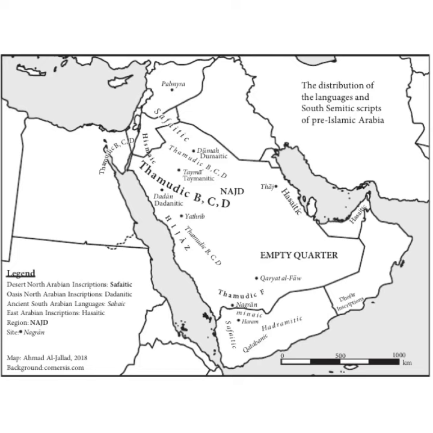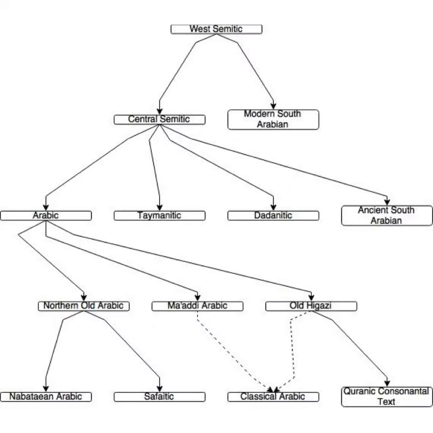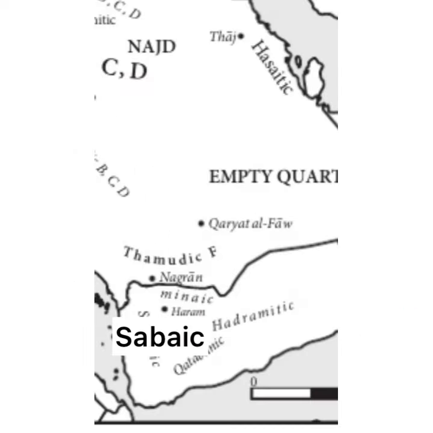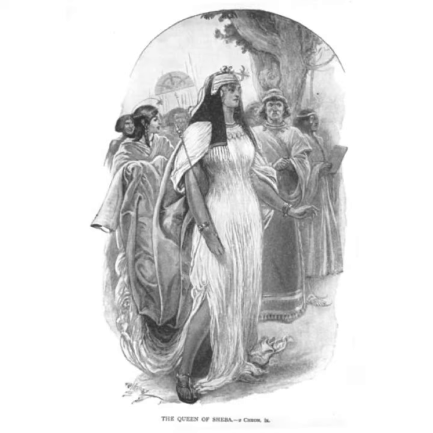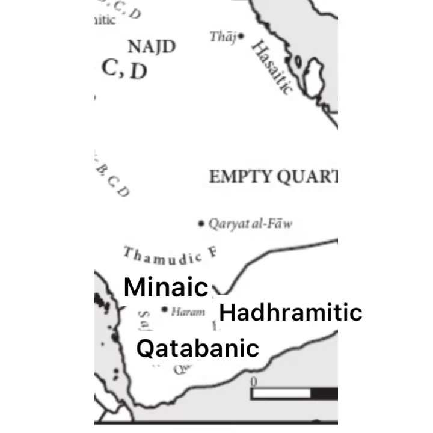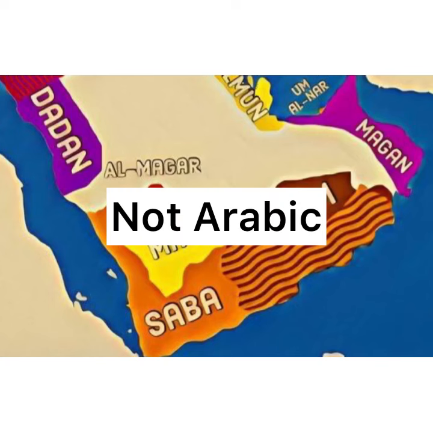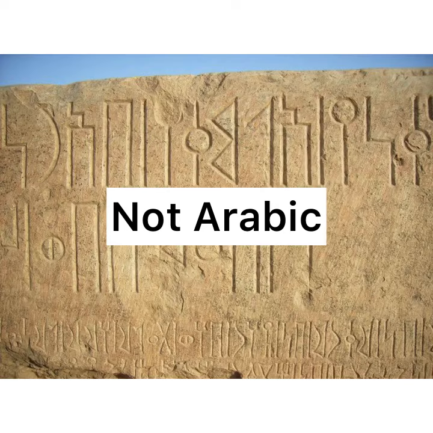So the epigraphic record of Arabia reveals considerable linguistic diversity. In ancient Yemen, you have a group of languages that modern scholars call Ancient South Arabian. Sabaic is the language associated with the kingdom of Saba, biblical Sheba. And you have Katabanic, Minaic, and Hadramitic. These are four neighboring kingdoms. But what's really interesting is they are very different from Arabic and were definitely not mutually intelligible with Arabic.